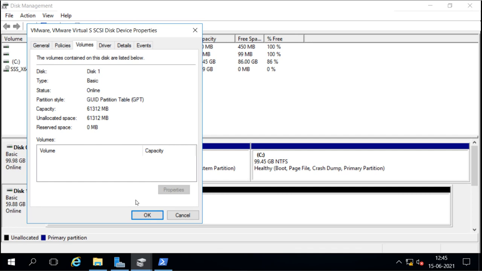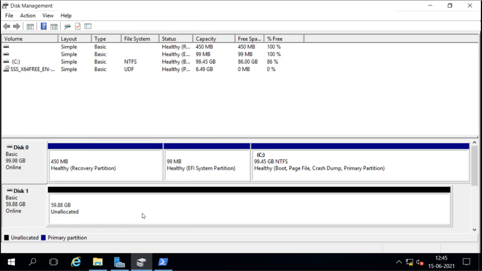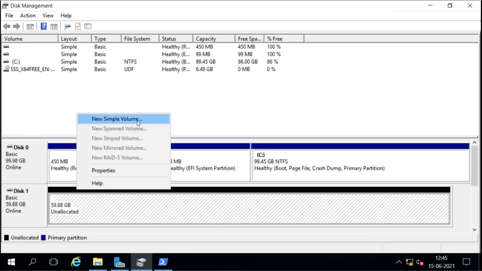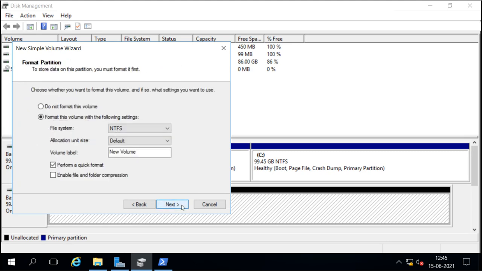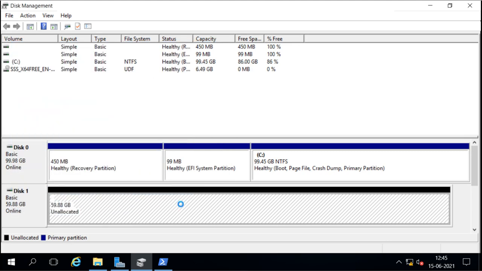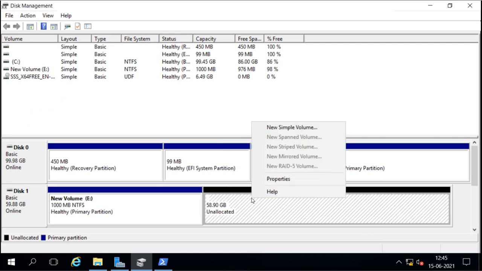Now under the GPT, we can create 128 primary drives. There is no requirement here for extended and logical drives. Let's see that. I will create one. This is one. Then I will create one more.